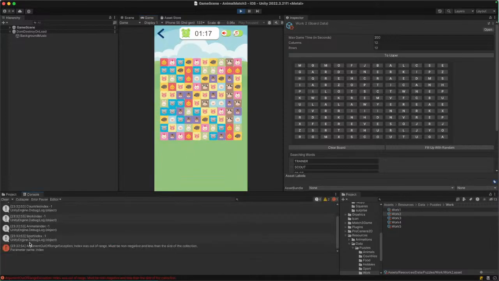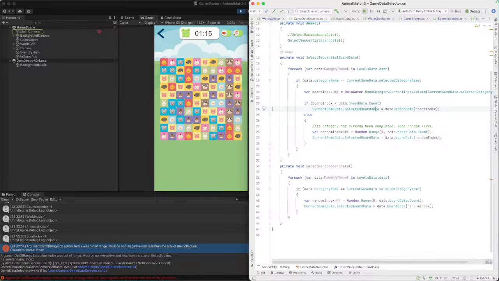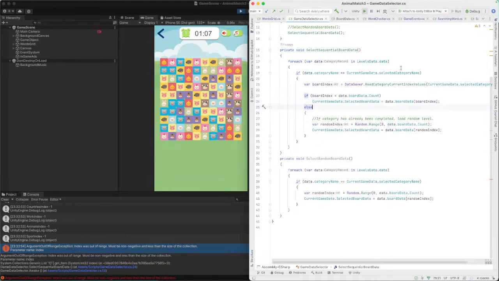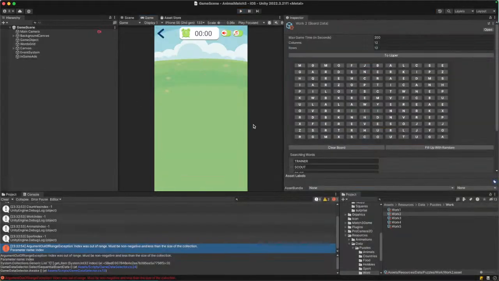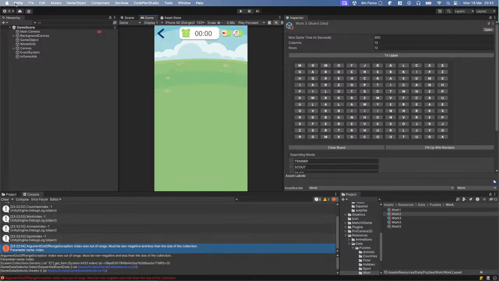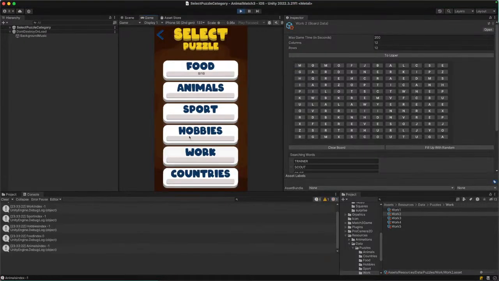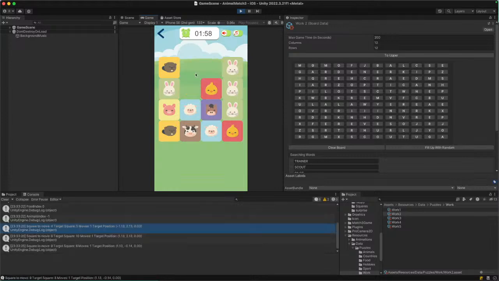Yeah, and we have some out of range exception, right, because of the board index, yeah, the board data, that's gonna be changed anyway. Okay, I think for now I will be leaving it as it is. So my next step is to basically get this spawning the squares, but before I do that, I need to implement the object pooling,